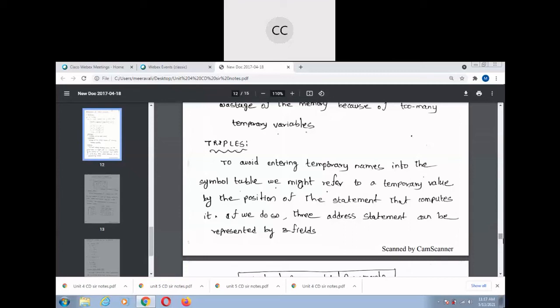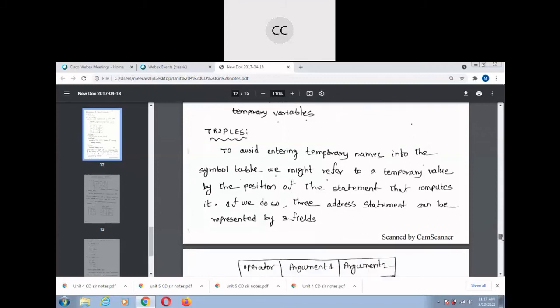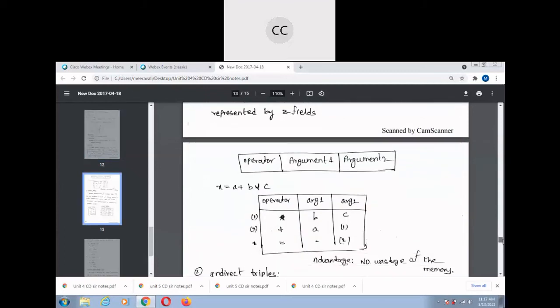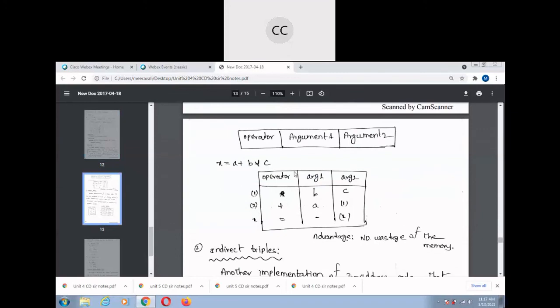What we are doing is avoiding temporary names in the symbol table and referring directly to the value. See the example. Same as before, operator, argument 1, argument 2. Instead of temporary variables 1, 2 and 3, I am directly giving the statement numbering, 1, 2, and so on, so that I can minimize the space.